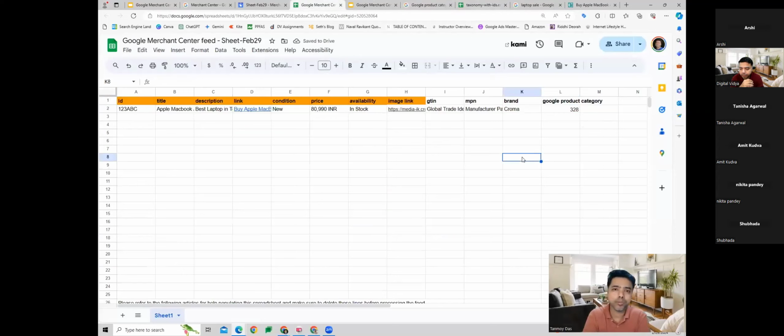Like this, for all the products which you want to advertise in shopping ads, you can provide the Google product category number for it. Now, why are we doing this? So usually when shopping ads run, the search query happens. The search query straight away comes to our Google spreadsheet. And here it tries to find a match.